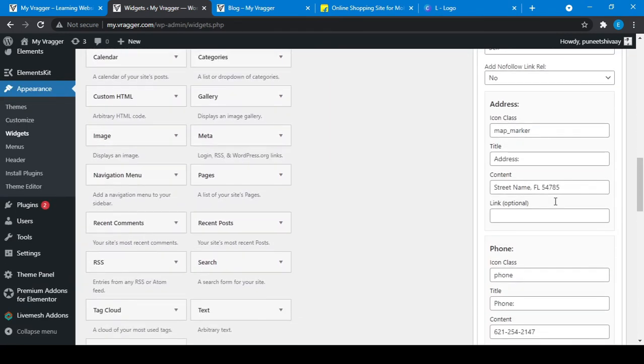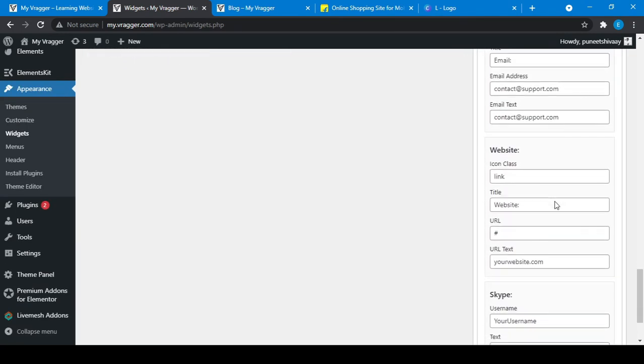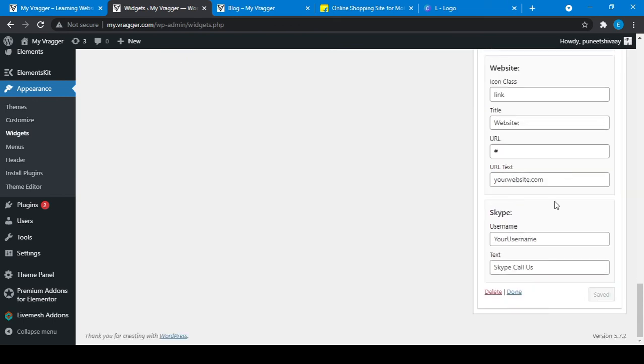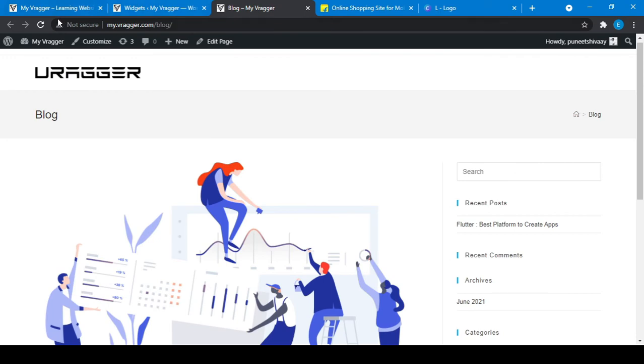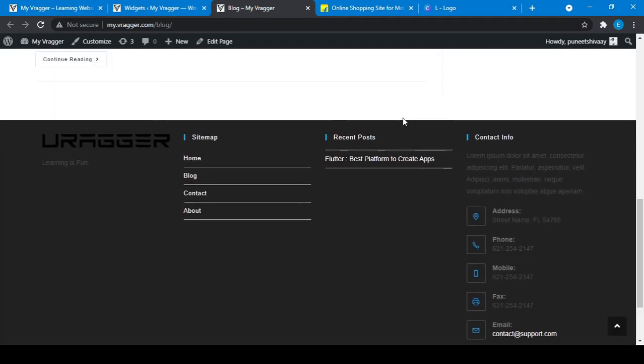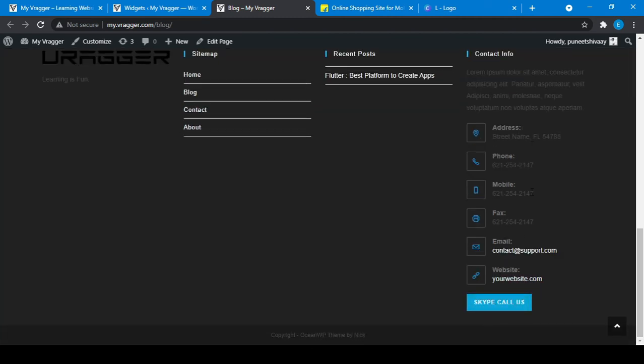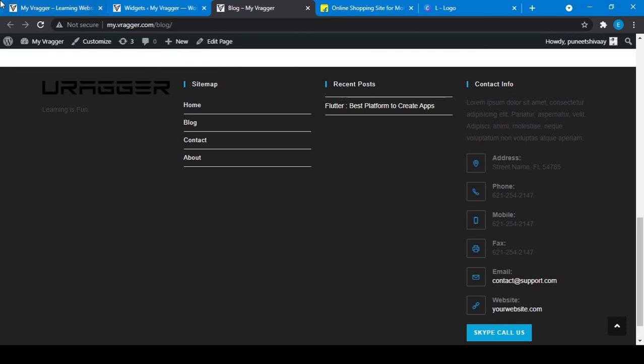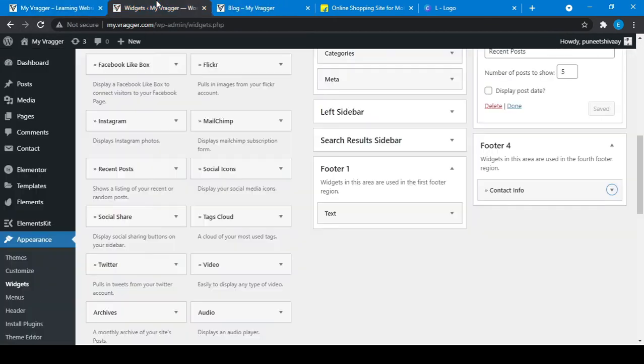If I update, I can put our details here. Let me turn it on first of all, refresh it. Yeah, so footer 4 has some contact details. I don't want all these types of details, so I will change some details a little bit.